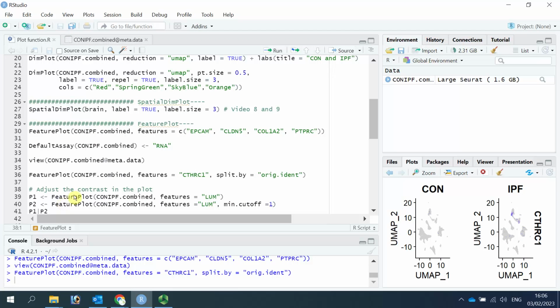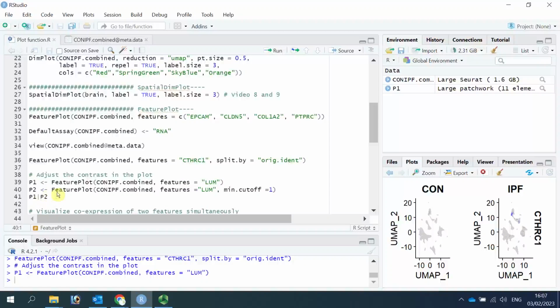For the FeaturePlot, we can also use the min.cutoff function to reduce the background. Here I'm going to use NUM as the example. NUM is a gene expressed in fibroblasts. So we can use the FeaturePlot function to generate plot 1 without cutoff.